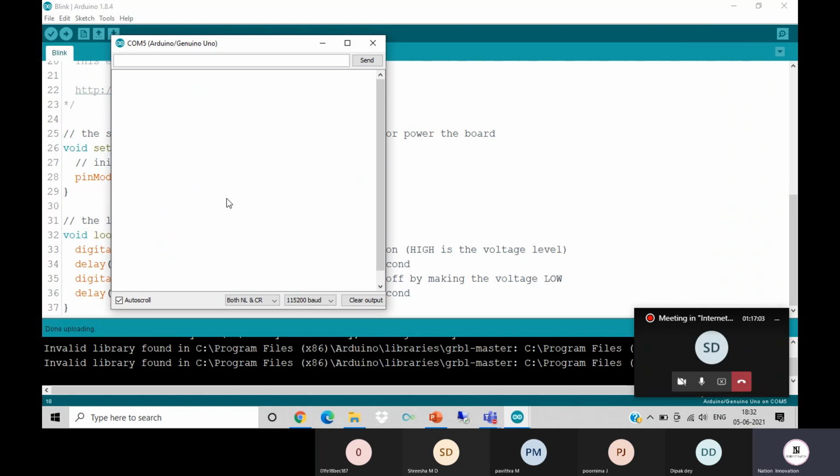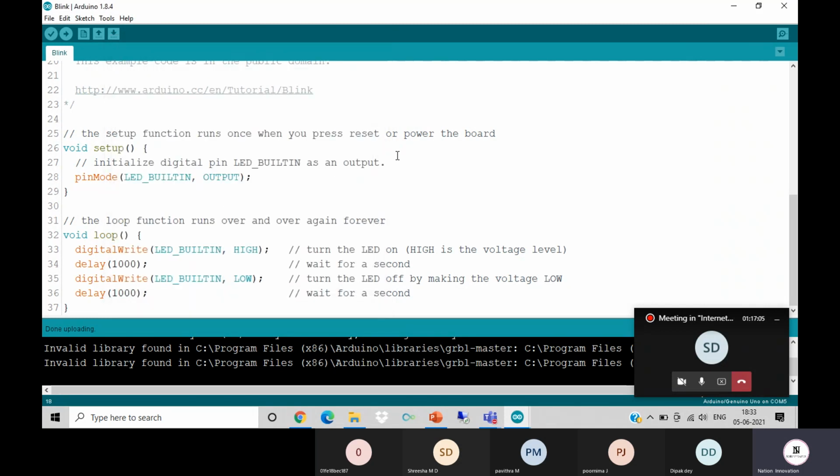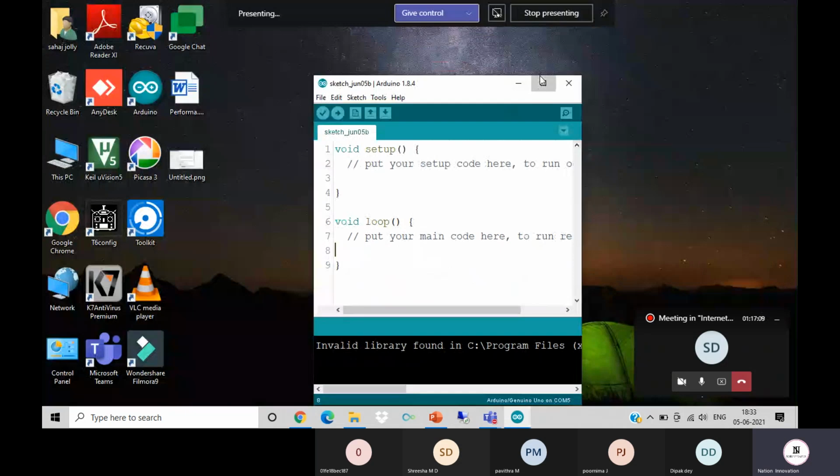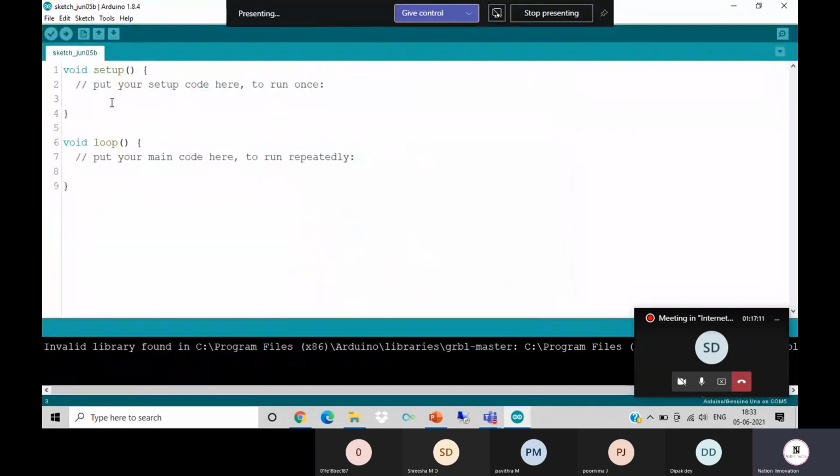Whenever we are going to have the serial monitor, we are going to have different functionality, different things which we need to know. For now, let's just see what those things are. As I have told you, whenever we require something to start up, we need to tell that to the Arduino in the void setup section. Don't worry, we are going to have this multiple times, so it will be remembered.